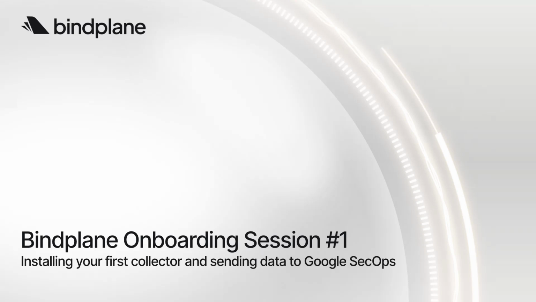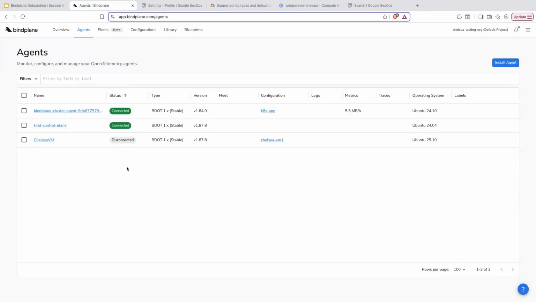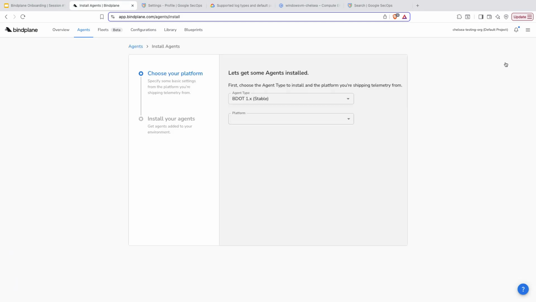So let's get started. The first thing I'm going to do in this setup is navigate over to app.bindplane.com, which is the SaaS interface for our management console. You can see I've already got a few agents connected into my environment, but in this instance, I'm going to want to connect a new agent and set it up on a Windows VM that I've got that's hosted on GCP. The first thing I'll do is hit Install Agent, and we'll choose the platform we want to install